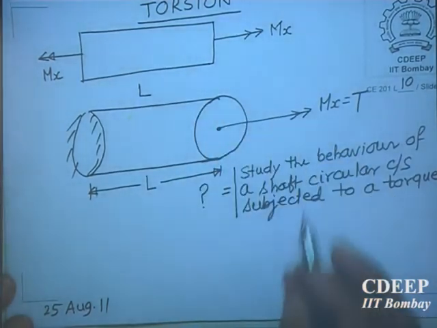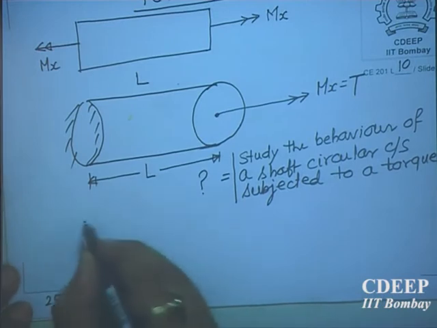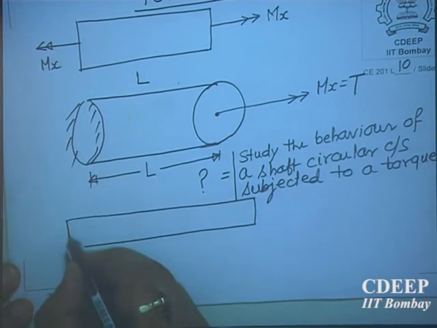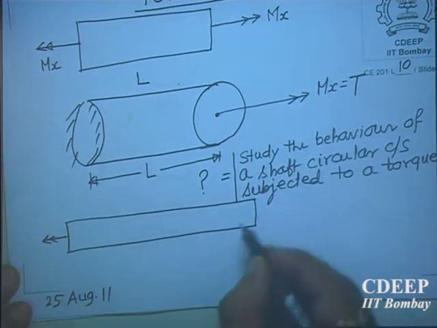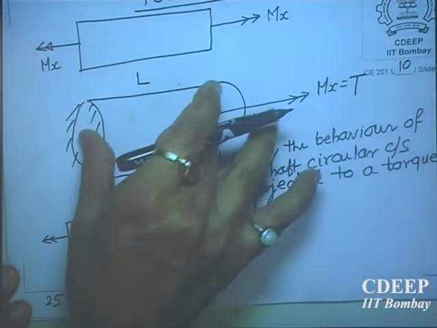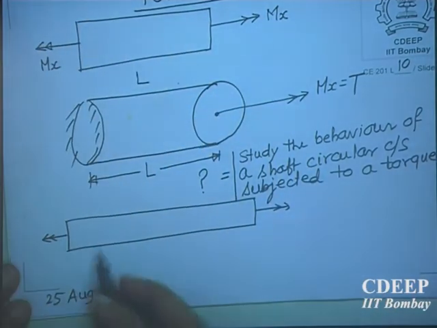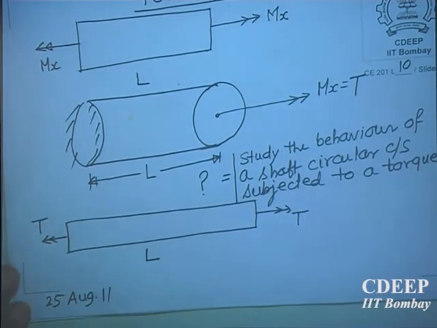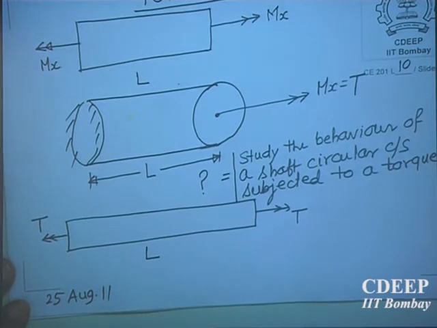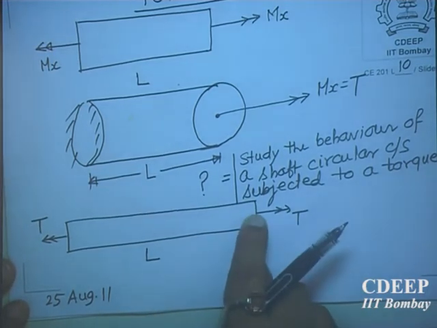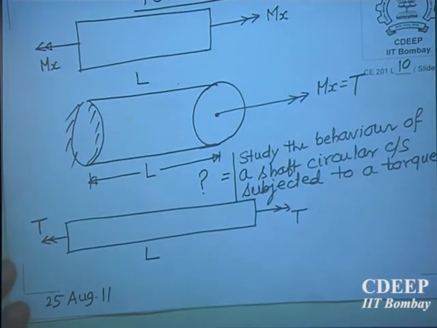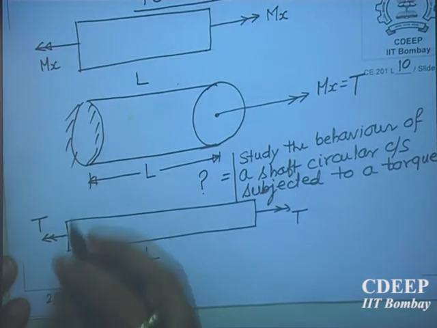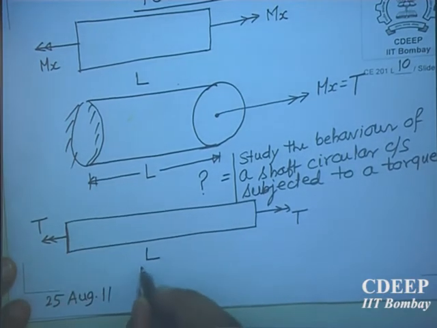Of course, the free body diagram: if I cut a small portion of this slender member, and now I am drawing only the simple diagram, remove the support, then there will be a T here, and from equilibrium this also will be T. No other force is there. T is applied at the center of the cross section here. In order to keep this in equilibrium, there must be an equal and opposite reaction at the A end, the support end. This is the FBD.